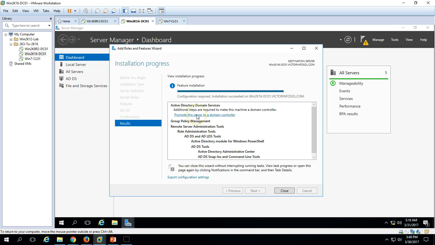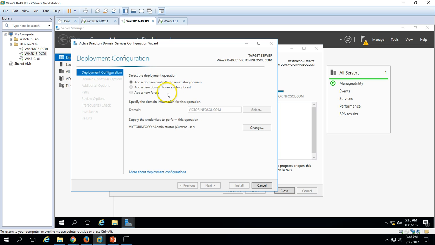So promote this server as a domain controller. Click on it, and we have three options. I'm going to choose the first option, add a domain controller to an existing domain, which is victorinfosol.com. Click Next,